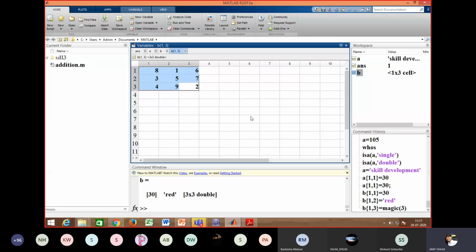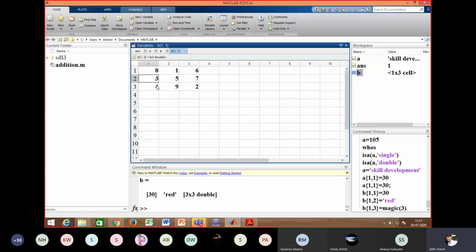So how is this matrix created? Actually, there is a function in MATLAB. If you say magic 3, or 4, 5, 6, if I write magic 3, it will create a 3 by 3 matrix, wherein if you add all the rows, the addition of all the rows and of all the columns will be equal. Like you can see 8 plus 1 plus 6 is 15. 3 plus 5 plus 7 is 15.